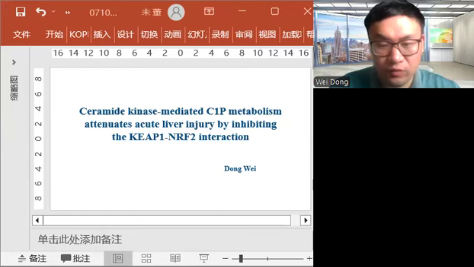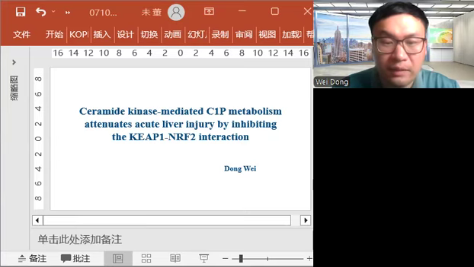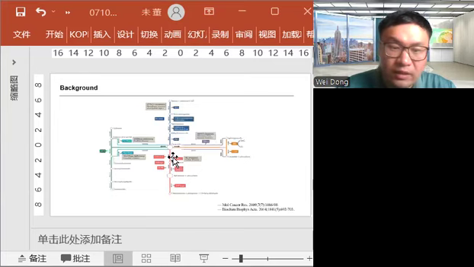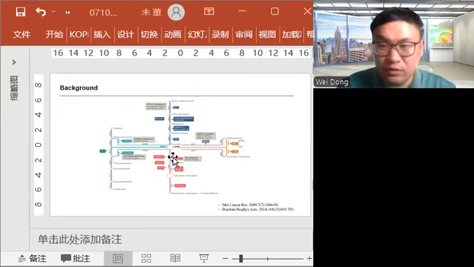I'm here to talk to you about kinase-mediated C1P metabolism, attenuated acute liver injury by inhibiting the KEAP1 NRF2 interaction. Our team has been dedicated to sphingolipid research. Sphingolipids are a major class of lipids present in all cells and